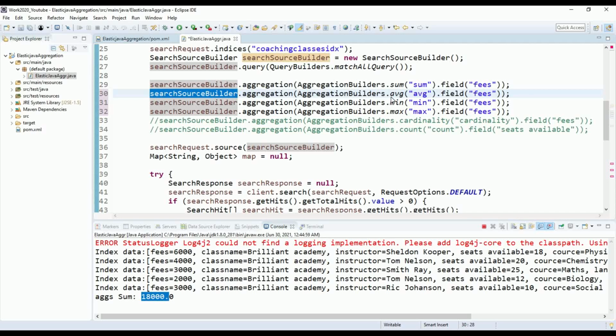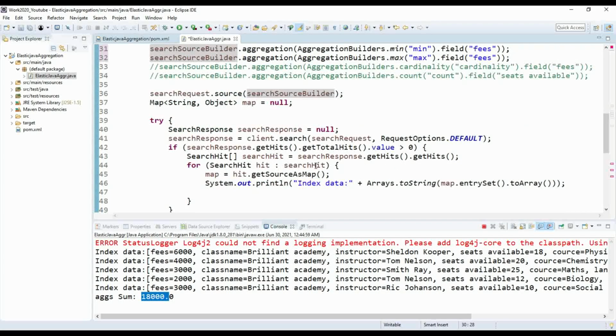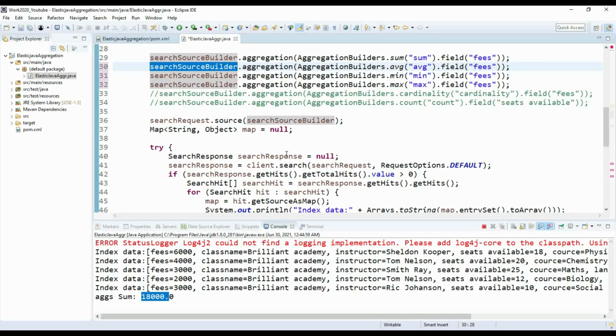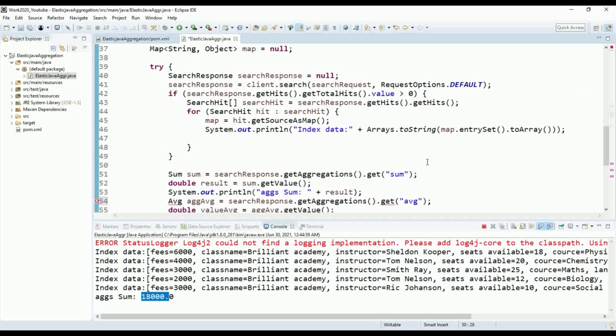The search source builder is a query formatter, you can say, which provides the query syntax to be executed in Elasticsearch. So we have to find the average, minimum, and maximum fees from the given data set.